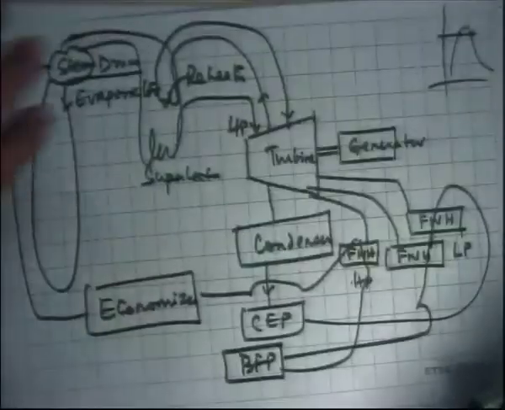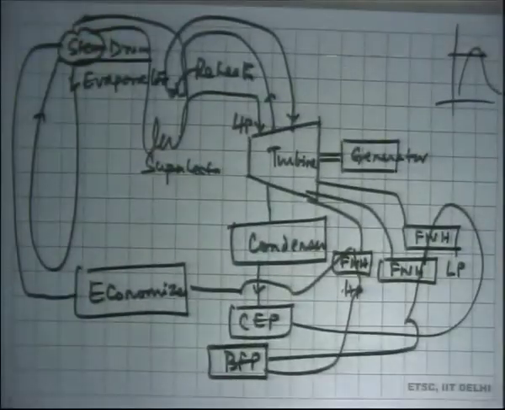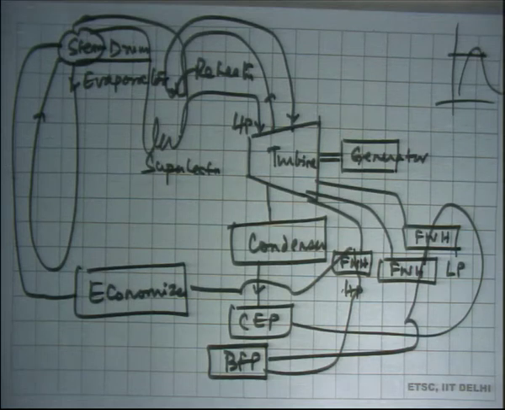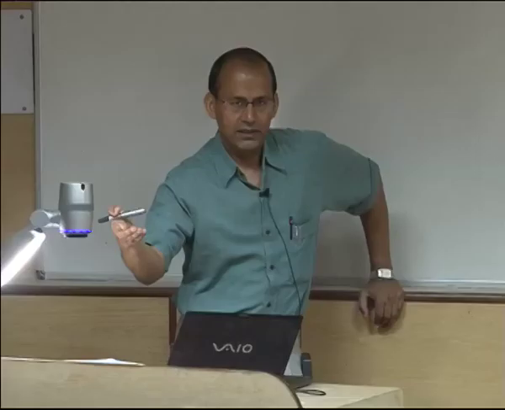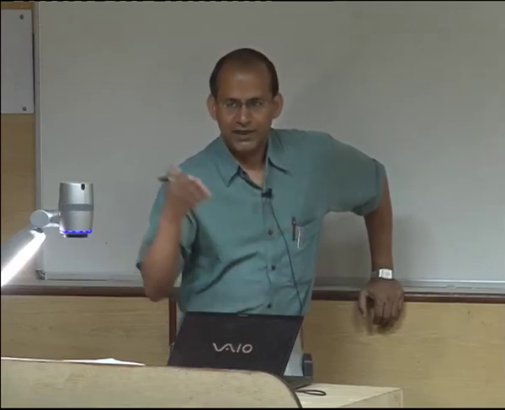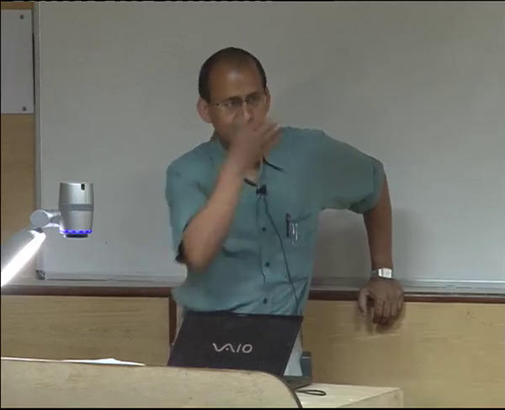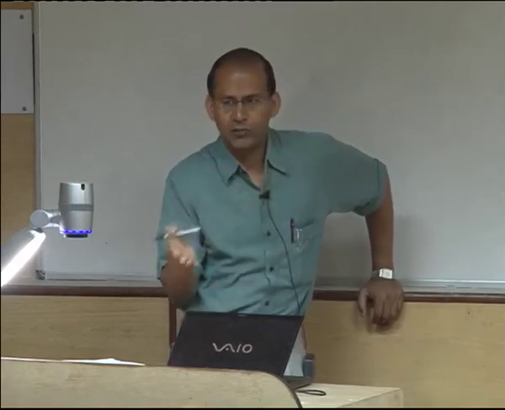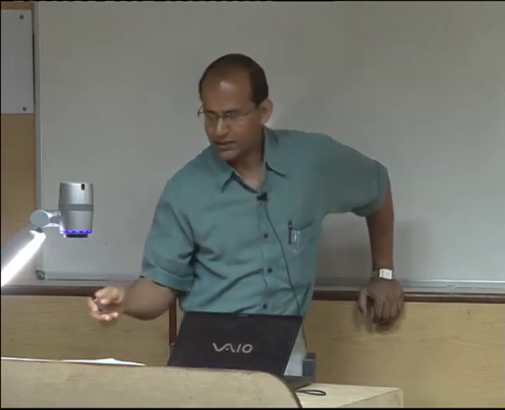Now, in all these places, what are the machines that we are seeing? First, let us look at the steam cycle. You have the condensate extraction pumps, which are again multi-stage centrifugal or axial flow pumps, and boiler feed pumps, which are multi-stage centrifugal pumps. Okay. So, the condensate extraction pump takes the water from its saturation pressure to around atmospheric pressure, and the boiler feed pump takes the water from atmospheric pressure to 200 atmospheres or 190 atmospheres, the boiler pressure. Okay. So, those are the two pumps that are there.